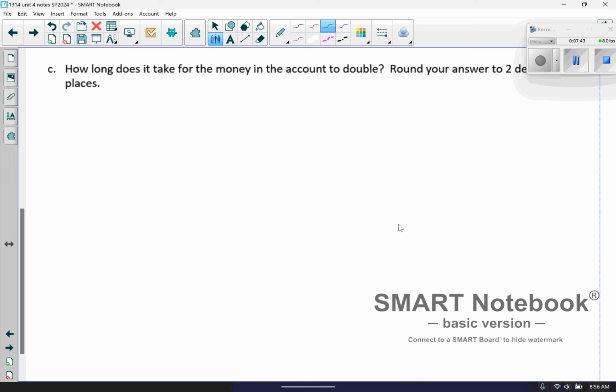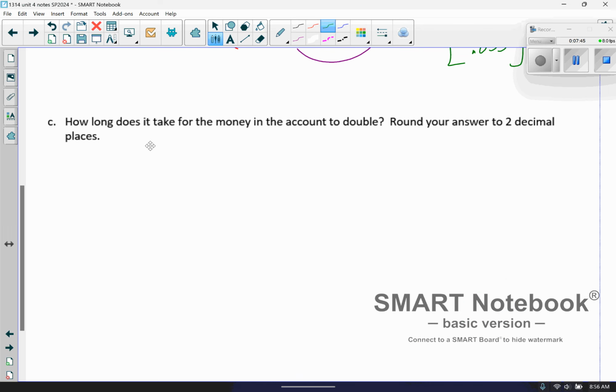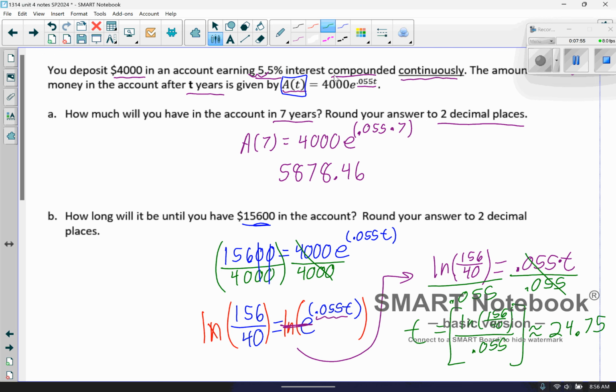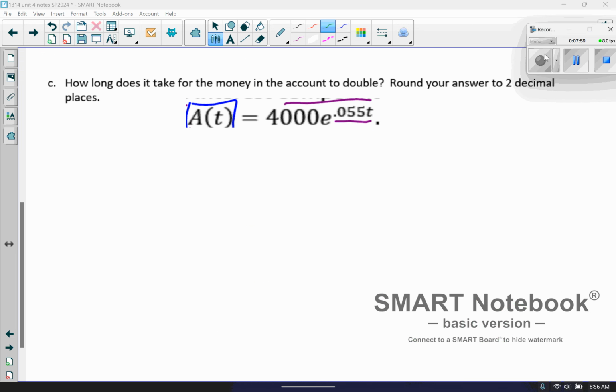Okay, let's see. Part C, and I think this is the last part. It's about how long will it take for the money in the account to double? Round your answer to 2 decimal places. Okay, well, let me grab a snippet of the equation and let's look at that. Okay, so if it's going to double, my initial amount, remember, was 4,000. So then this would be 8,000 right here if it were going to double. And then e to the power of